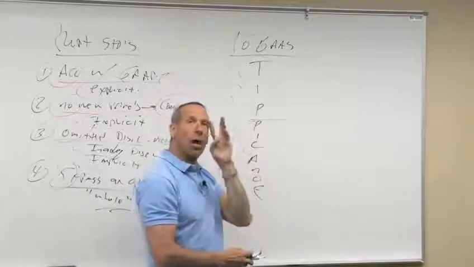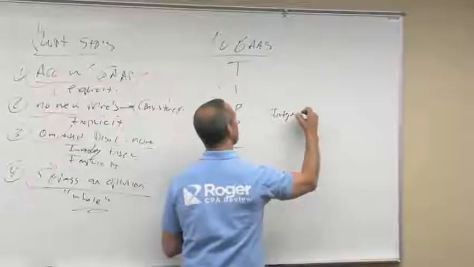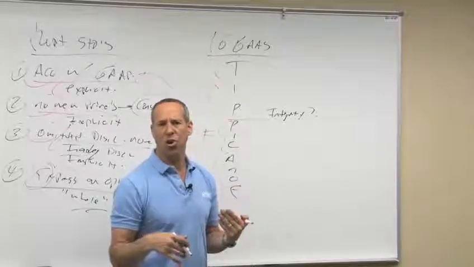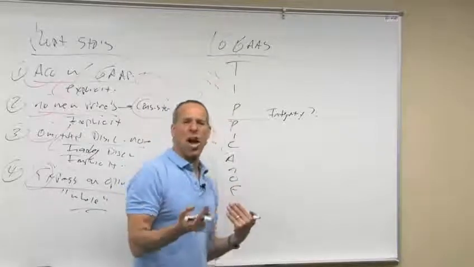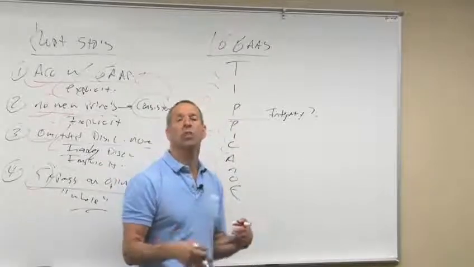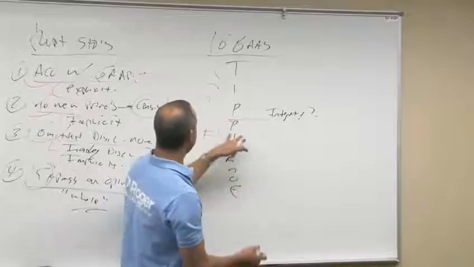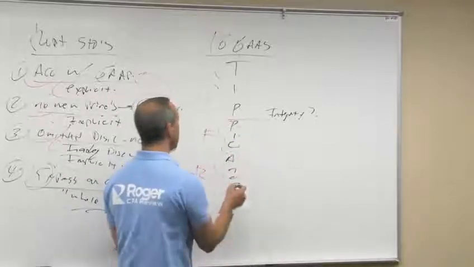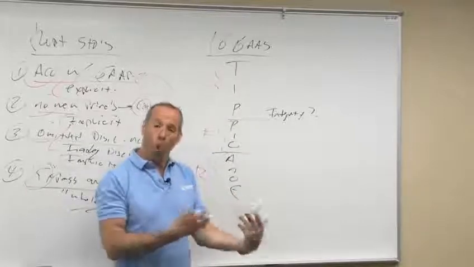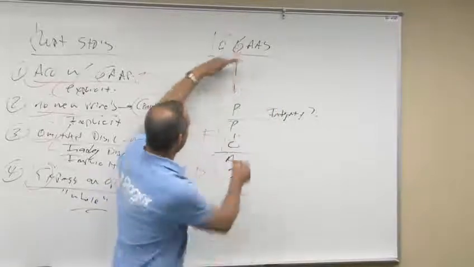Then later on, we're going to talk about, okay, before I take the job and start doing field work, does the client have integrity? Okay, then if they do, let's talk to the old auditor, the predecessor auditor. Then let's sign a contract called a written communication, an engagement letter. Then we'll talk to corporate governance, those in charge of governance or the audit committee and so on. Then we plan it, look at internal control, obtain evidence, and then finally draft the report. So this is important to remember, because as we go through the course, you'll see where we are. In the first section, we're talking about these.